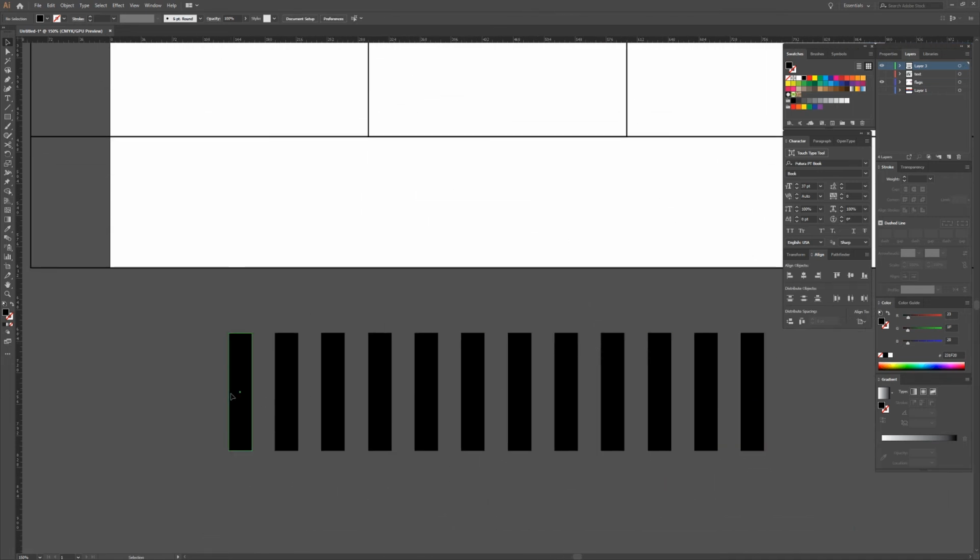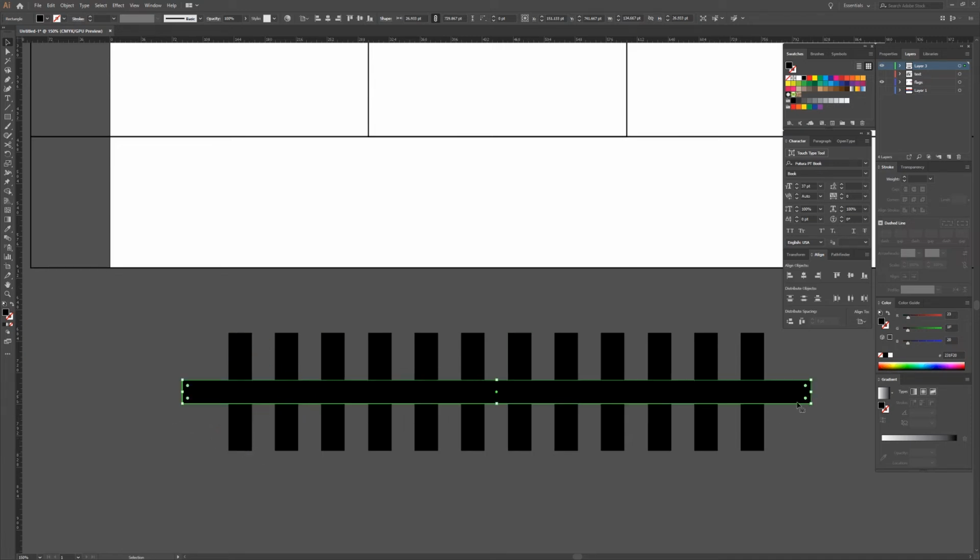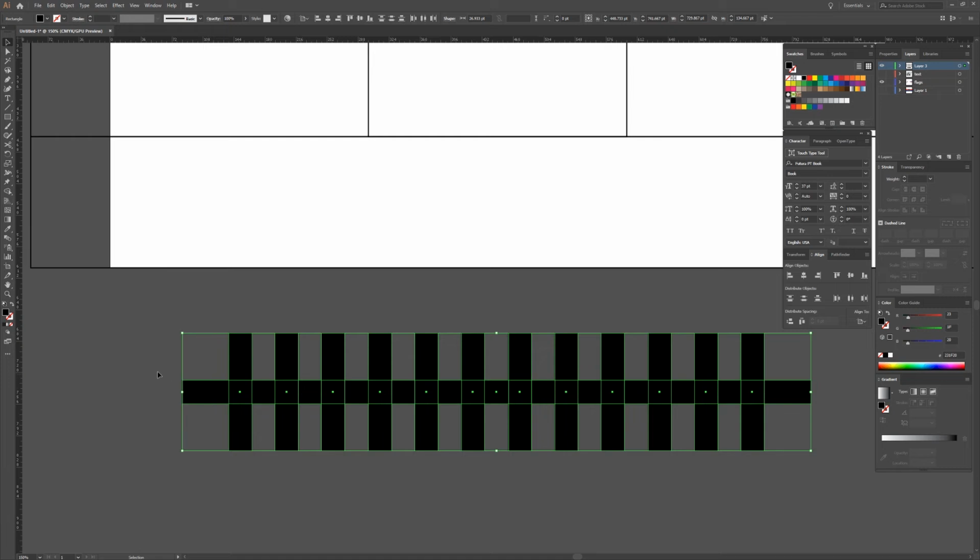So in this case, I'm gonna copy one of these so I get the same distance on everything. I'm gonna select all, and I'm gonna use the shape builder tool, Shift M, and I'm just gonna click on the things that I don't want there, or basically I'm breaking the shapes